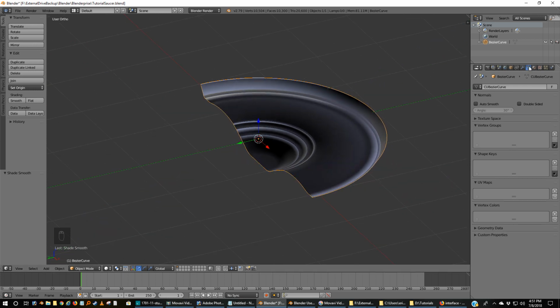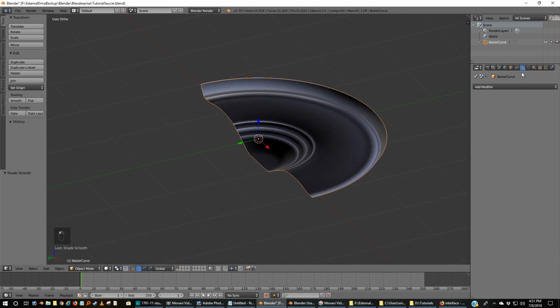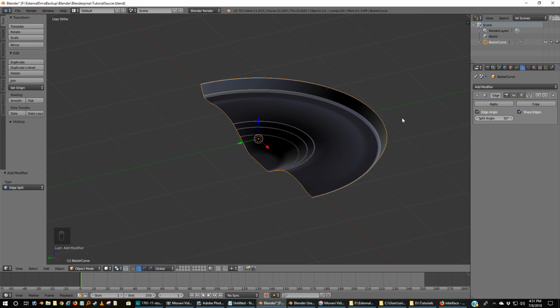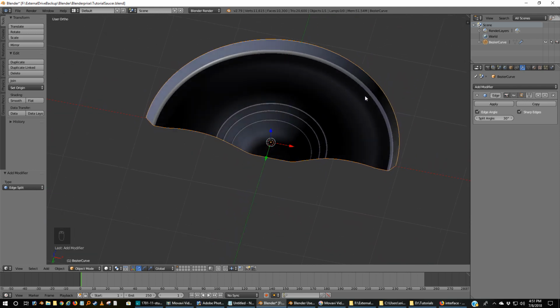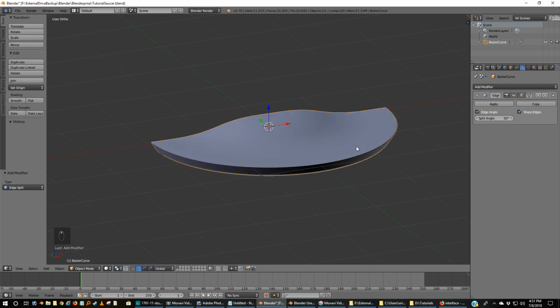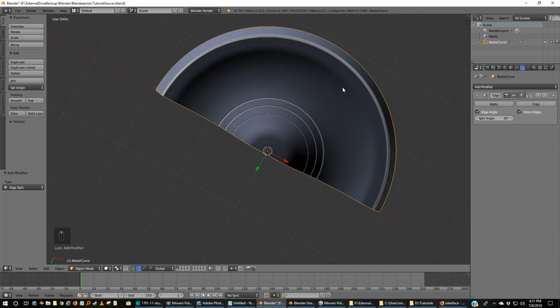So we're going to come back over here to our modifiers and drop this down, and we're going to do what we did before. We're going to hit edge split, and that actually looks much better. There's something weird going on here. We have normals to worry about right now. Some normals are facing out, that's this lighter area, and some normals are facing in. So we're going to apply that modifier,